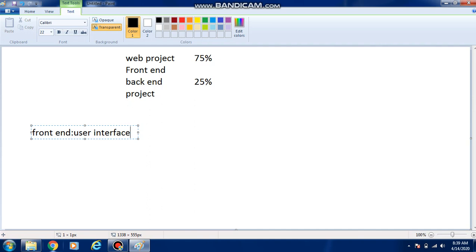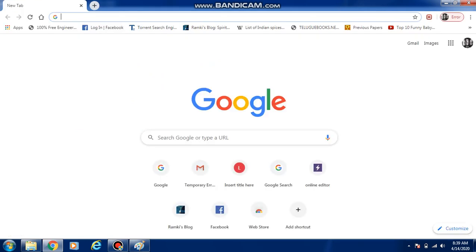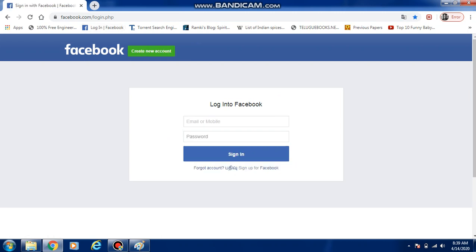For example, now I am going to Google. For example, now I went to the Facebook page. Now on the Facebook page, I am seeing the email ID and password.